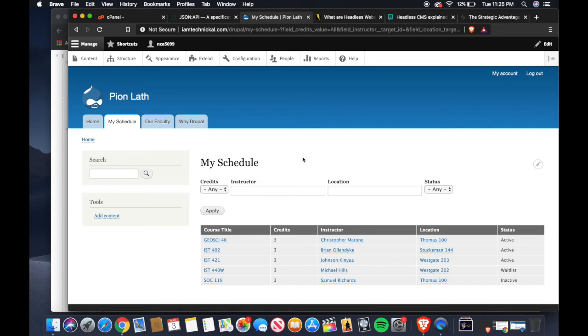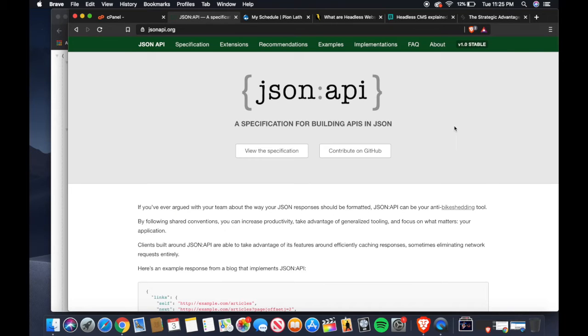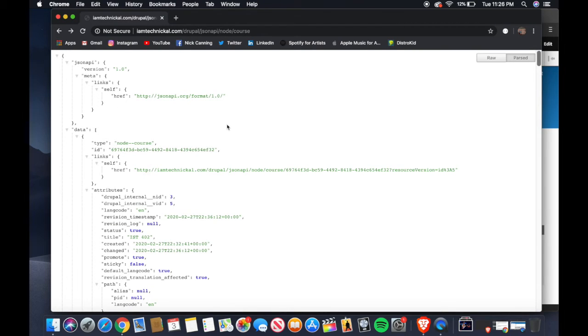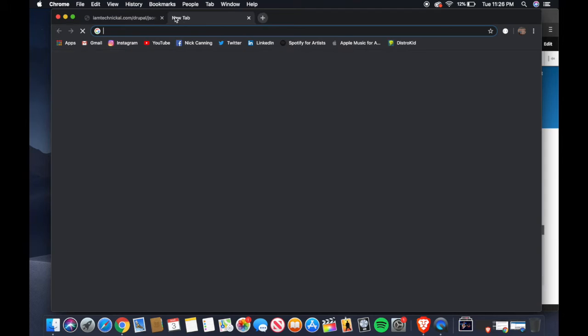And in this instance, this data is represented by JSON API, which is one of the most popular APIs in the web development community. So today I will be demonstrating the data or the back-end data that I have using this API. So I downloaded a JSON formatter on my Chrome extension. So what's cool about Drupal, for example, is you can see the specific API if you just type it in the